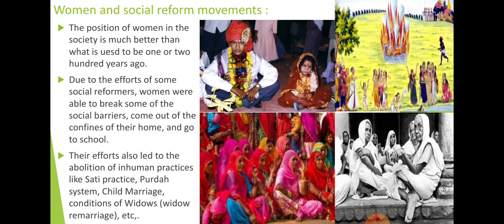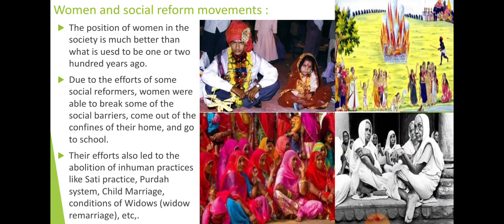Women were not allowed to go to school. Women were not allowed to get education. Women were forced into marriage at an early age. Widows were made to lead a simple life. They were not allowed remarriage. The sati system was also there, the parda system was also there. These were part of the society prevalent in earlier times. All these kinds of problems were faced by them.